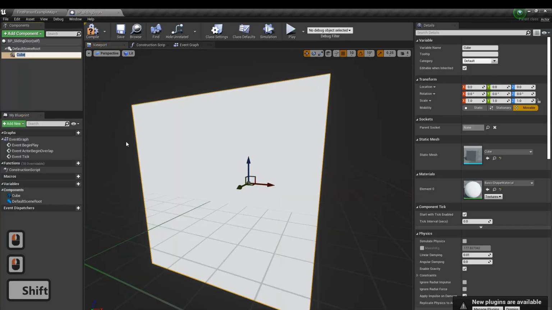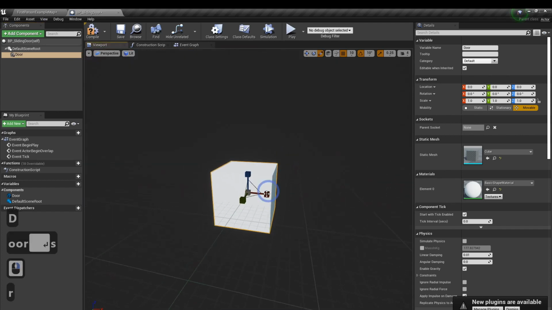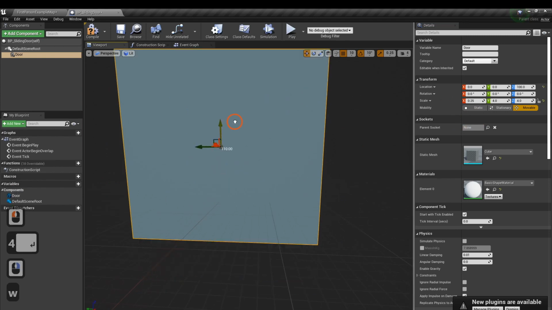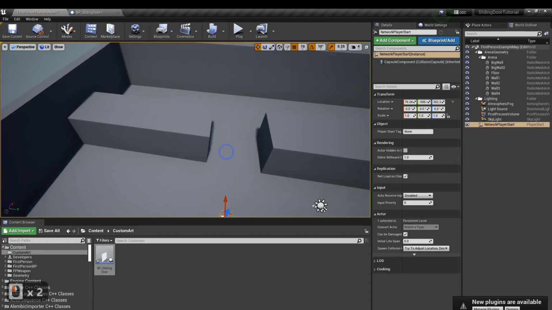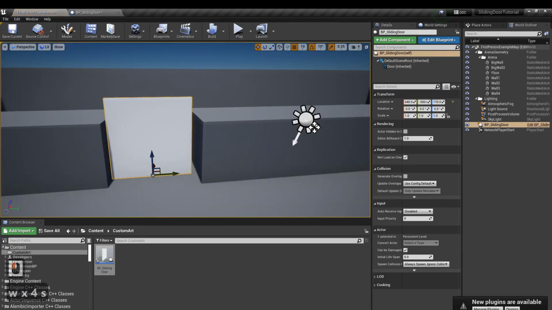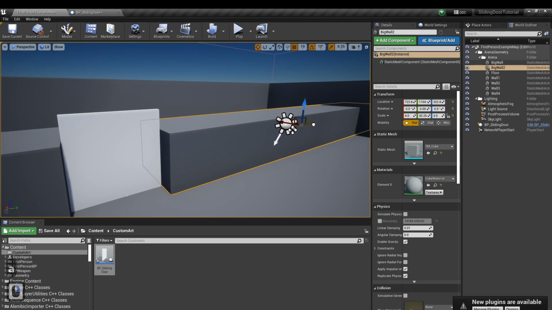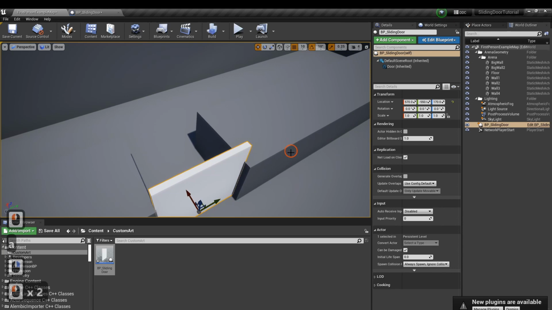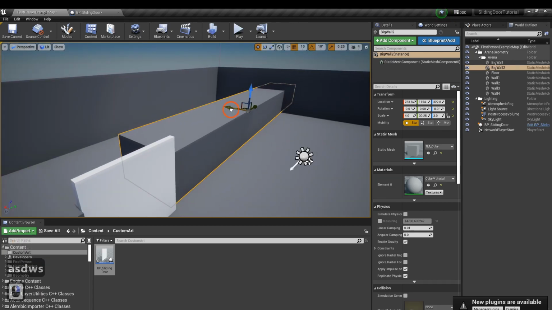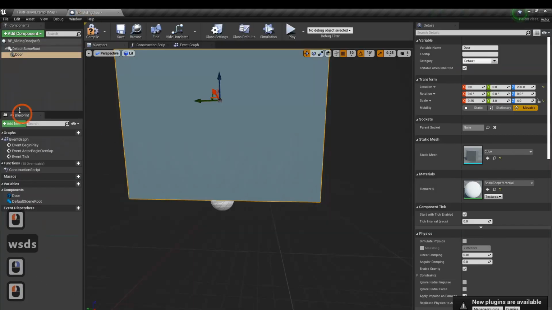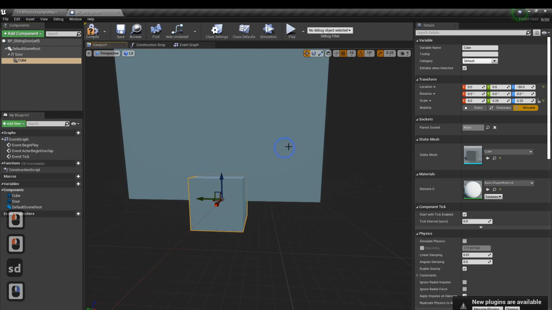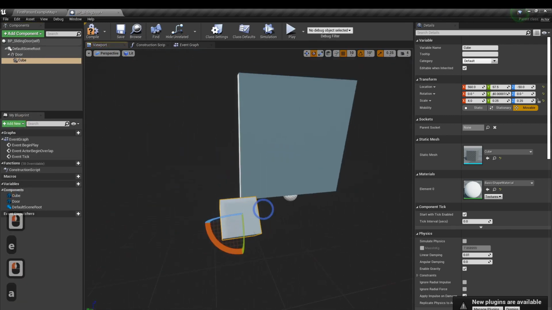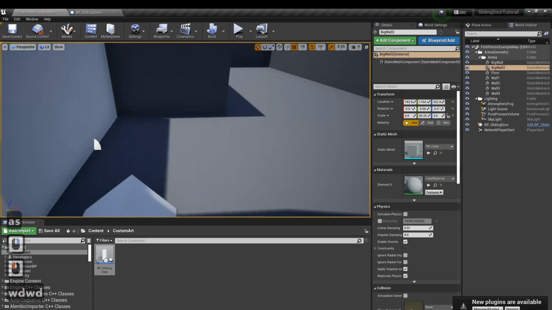We're going to start by taking a standard cube, scaling it a little bit, moving it up, and putting it in place. We'll drag it into the scene and make sure it looks good and is in the right spot. A lot of these sections are sped up. I'm going to slow the video down when we get into the actual blueprints, but none of this section is that complicated. I set up a little block as the controls,